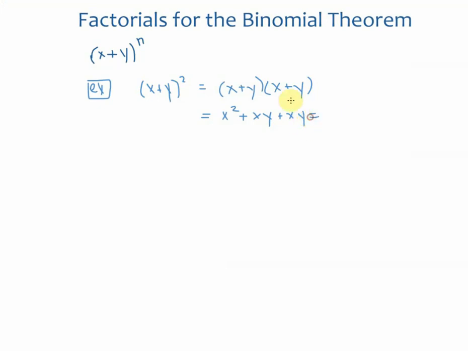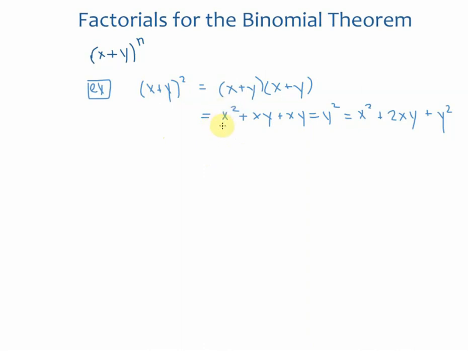And then you have the y squared. Okay, so we're left with x squared plus 2xy plus y squared. Now we can calculate that, and that actually takes a while, and that's just a squared. So what happens when you have x plus y to the 10th power, or x plus 3 to the 10th power? So what I want you to notice, first of all, is that your first term,